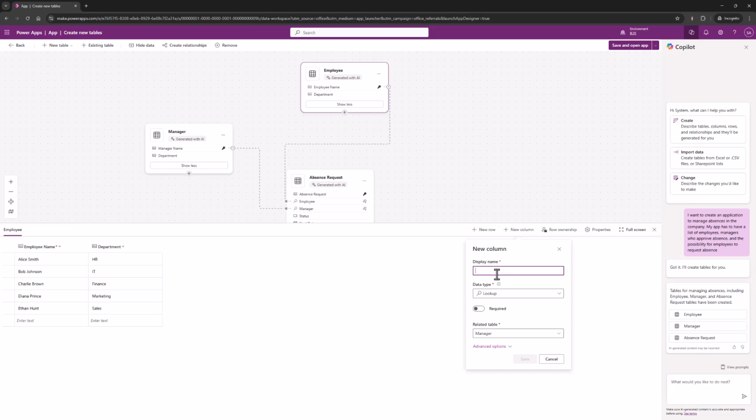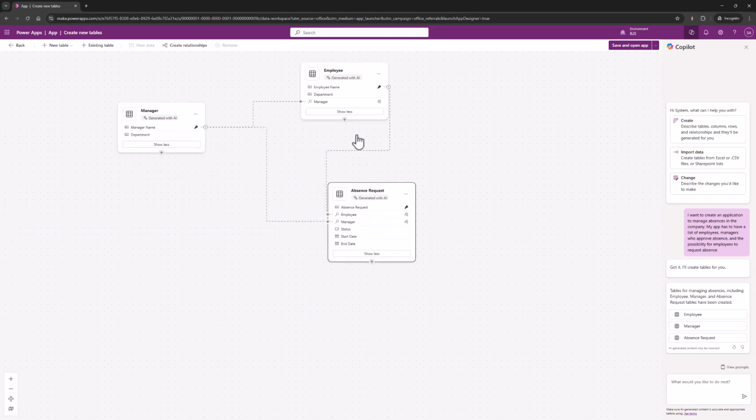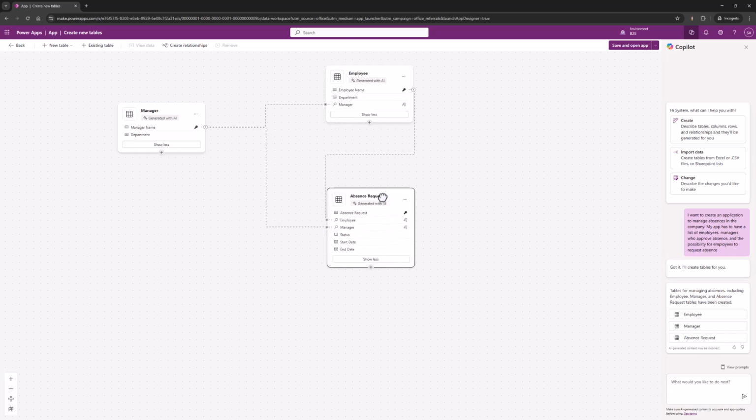So here it is, and we will say manager. So we can save it, and now what we're seeing is that we have double relationships. If we want to do it like this, it is fairly fine enough, but what you can also think about